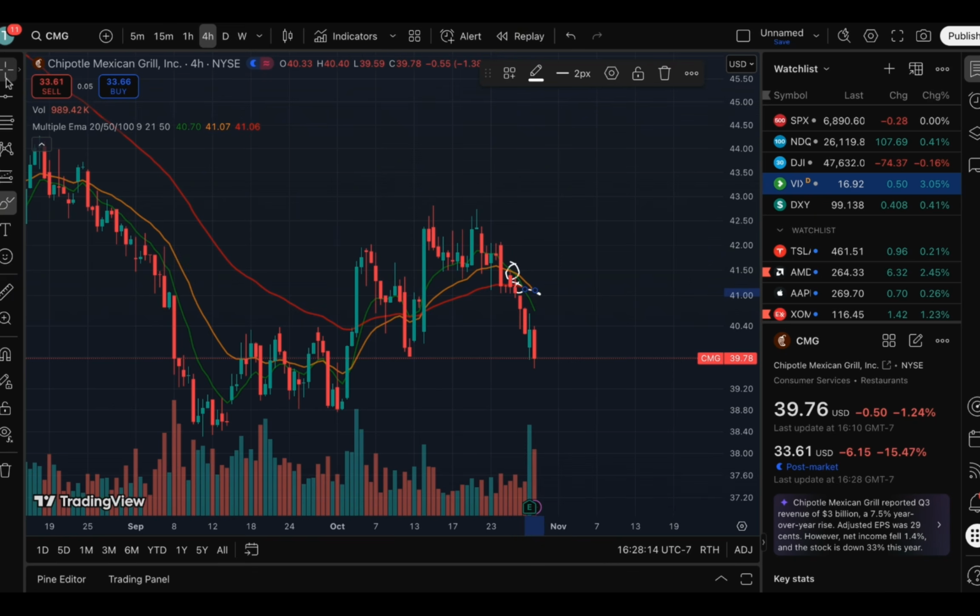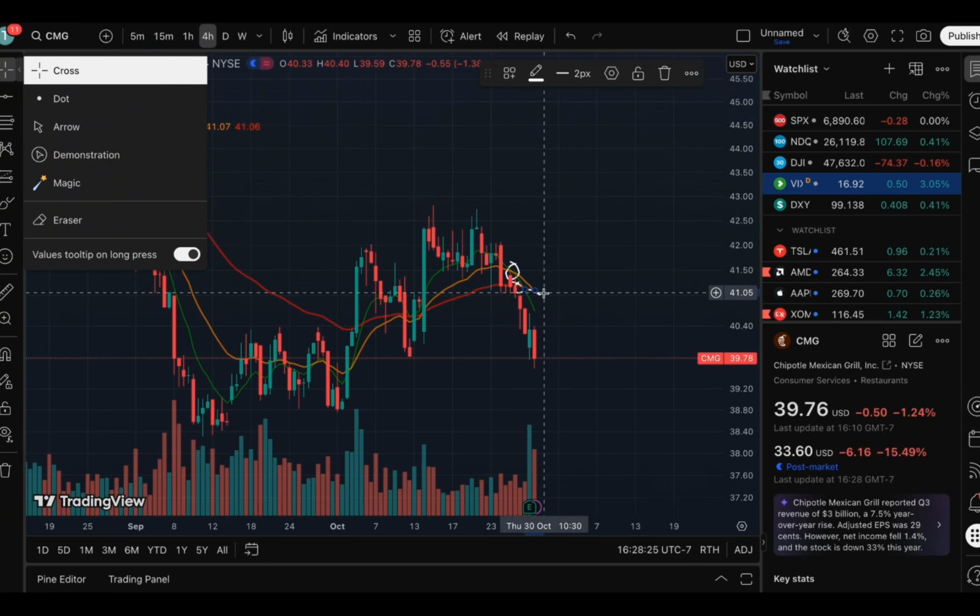Very bearish indicator. Once we see price action over the next couple of days, you'll see that orange line continue down because it's an average, right, of the previous amount of days. And yeah, now you see Chipotle just selling off. And of course,